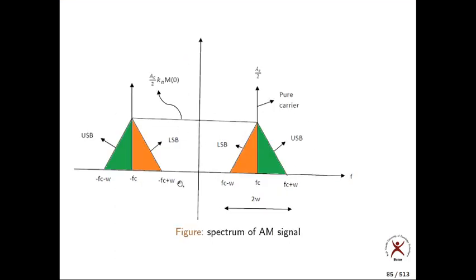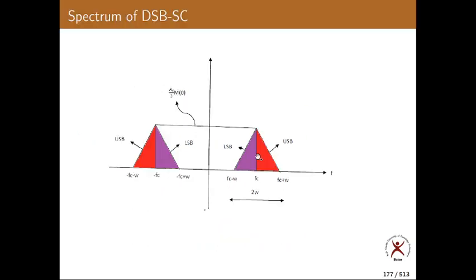So this is the spectrum of AM signal which has got three components: two sidebands and one carrier. But in DSBSC we are removing the carrier, the pure carrier. If you remove this, you get only this triangle, without this impulse function. That is the spectrum of DSBSC, without the carrier component, so that is suppressed. Now what is the bandwidth? Same. Bandwidth is not changing. It is again 2W.